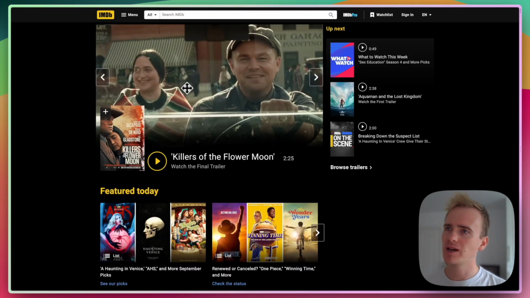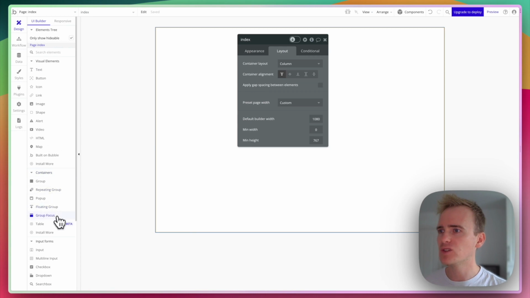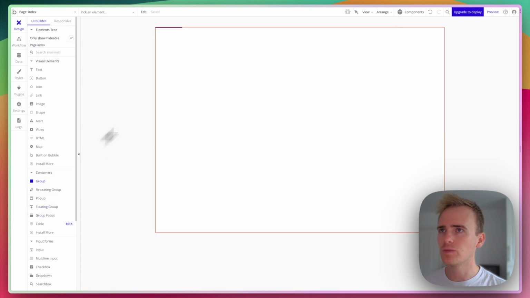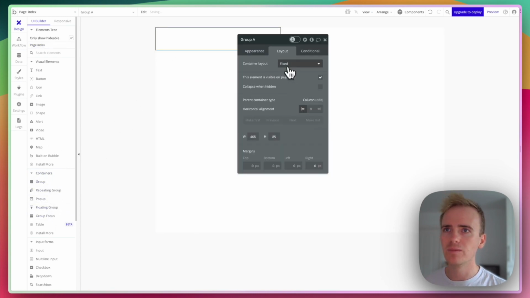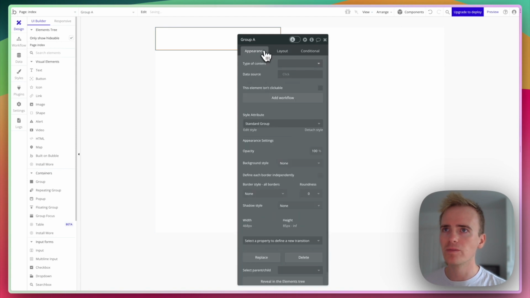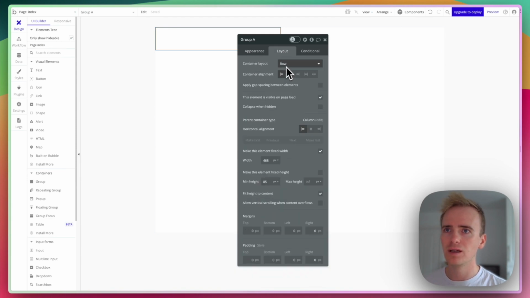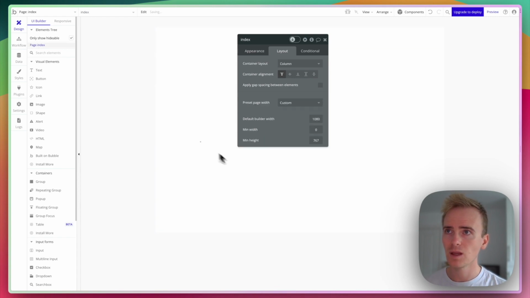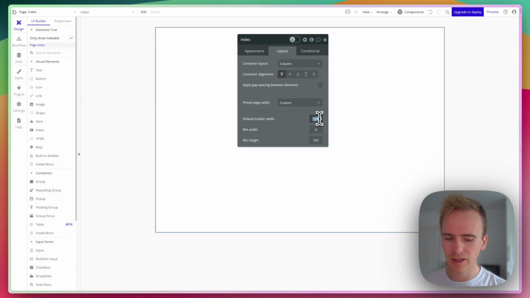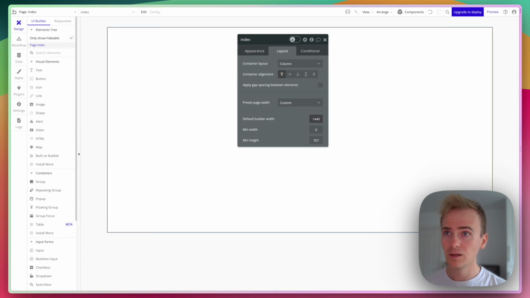So if I flick back onto IMDb, we've got a menu bar and we've got some movies. So let me add in a group. This is going to be our menu bar. Going to be a row. Make the width 100%. I'm also going to increase the width of the editor here. Right,